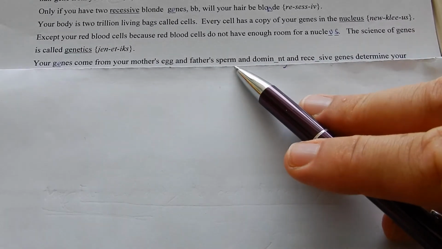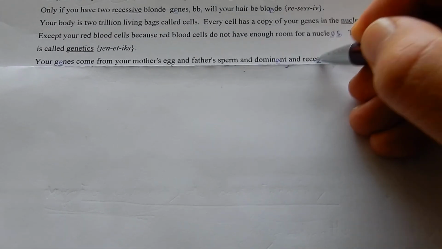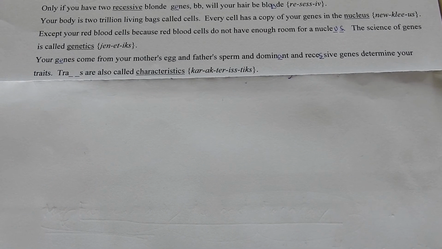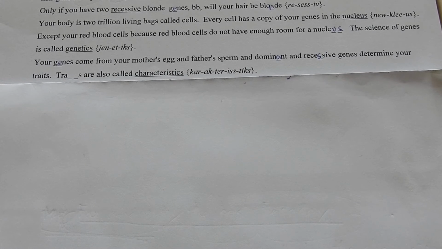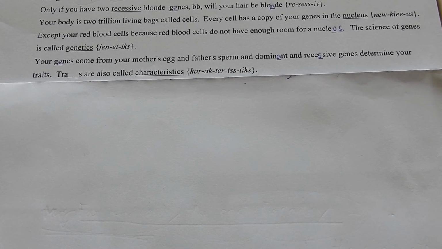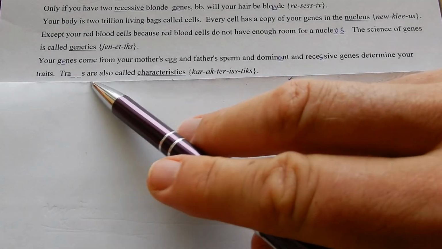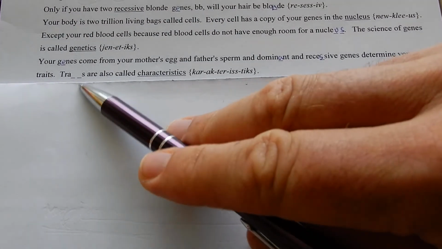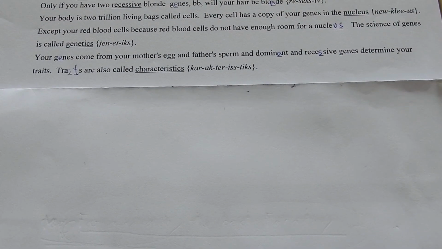Your genes come from your mother's egg and your father's sperm, and dominant and recessive genes determine your traits. Yeah, so dominant and recessive determine whether or not your hair colour, your eye colour, whether or not your earlobes are attached, whether you can do the thing with your finger, all sorts of stuff. Traits are also called characteristics. Traits. Yep. That's Mendel. He was a great